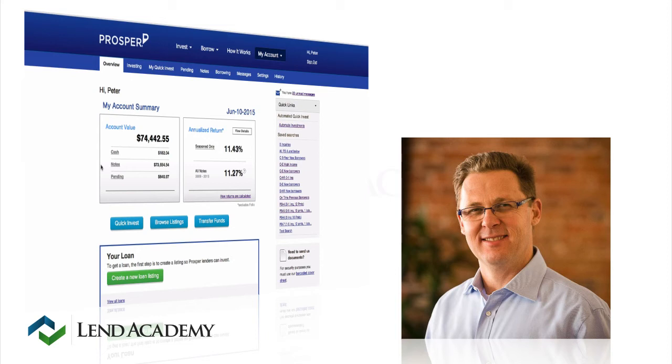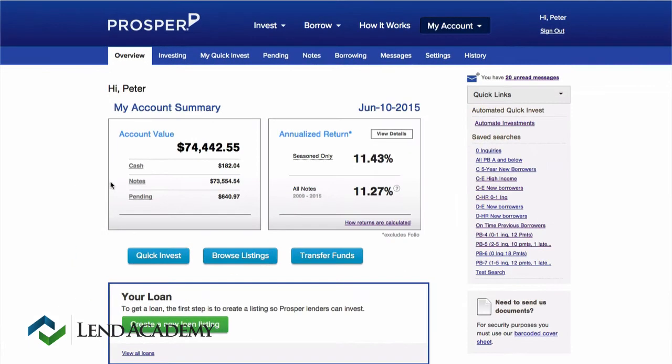We're going to go through their investment platform here and show you how it works. We'll go in and look at some loans and make an investment. Let's get started. When you open up Prosper, you come to your account summary screen and you're greeted with your